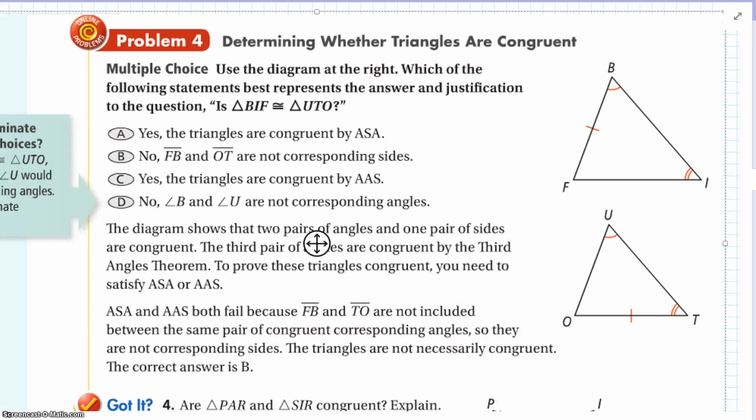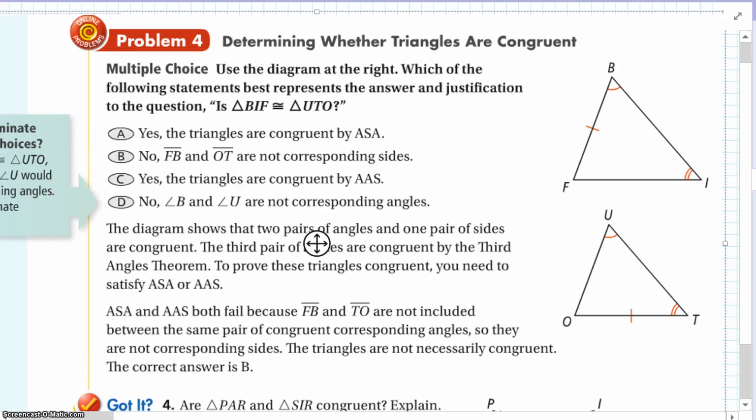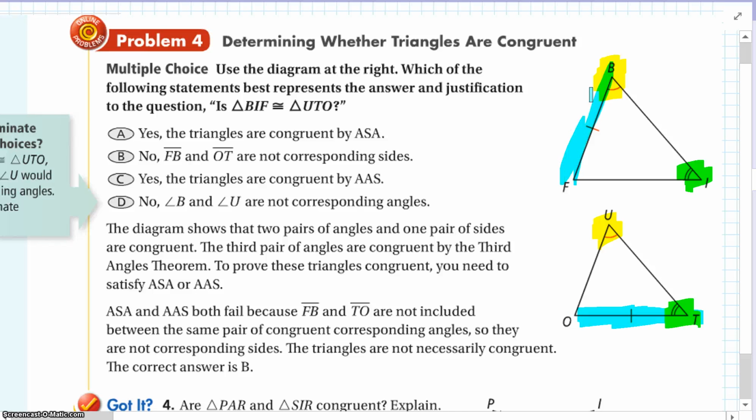Let's just go through a couple of quick problems, and then we're done with this one. Determine whether two triangles are congruent. Okay, multiple choice. Use the diagram at the right to justify if triangle BIF is congruent to triangle UTO. Well, I got B is congruent to U. That's good. I got I is congruent to T. I have OT congruent to BF. But because it's got to be in the exact same order, I have angle, angle,